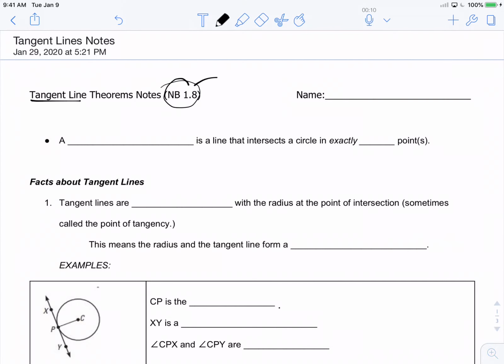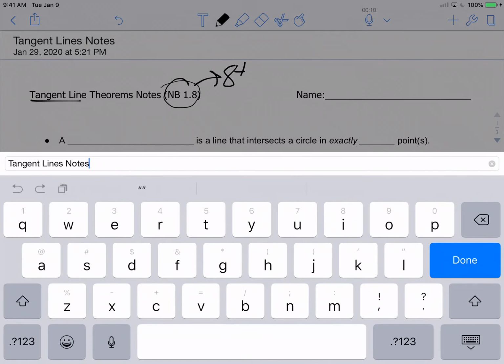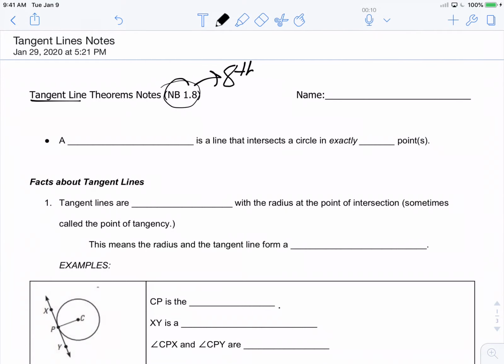So look here, this should be the 8th thing in your notebook. 8th item in your notebook. Really? Should be the 8th item in your notebook. All right, so